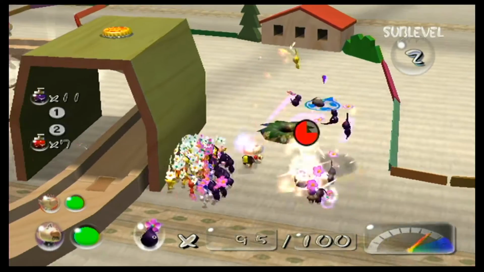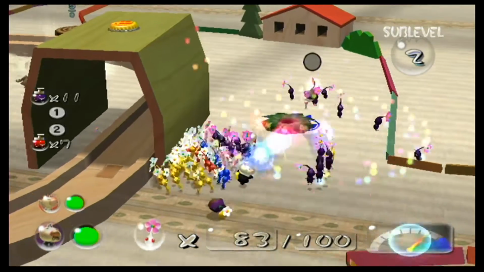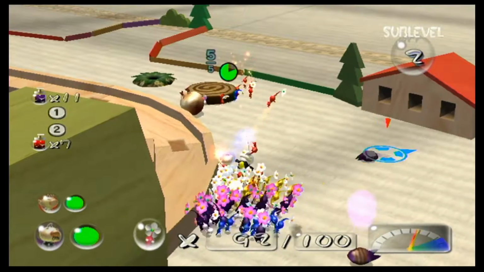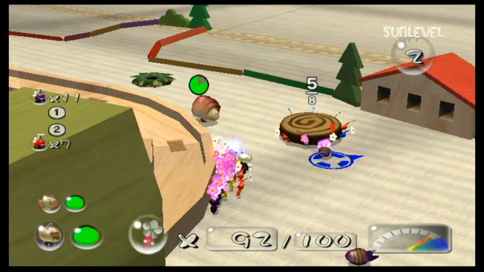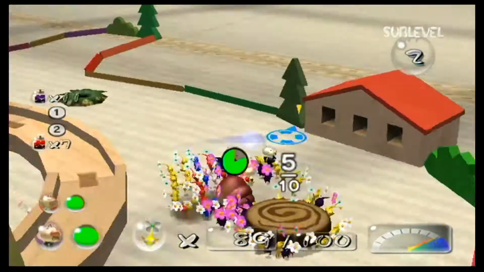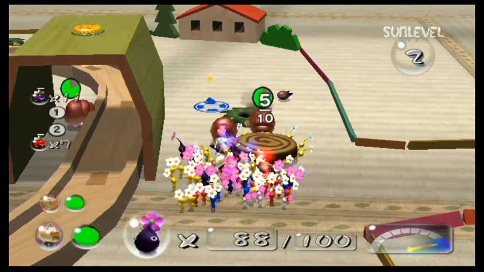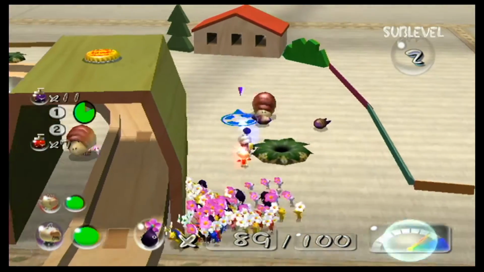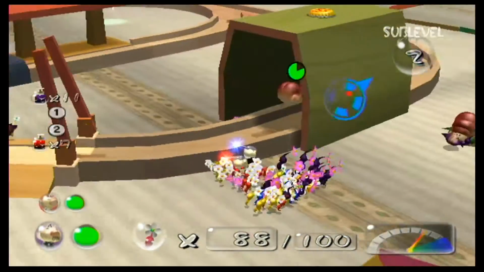Oh, these guys aren't harmless, though. See, what Breadbugs will do is they will grab treasures and try to take them back to their holes, which are those things. And if you wait for a Breadbug to grab something and then have Pikmin carry it, if you have enough Pikmin, it will overpower the Breadbug. Oh, no. It'll overpower the Breadbug, and if it gets all the way back to base, it will do severe damage to